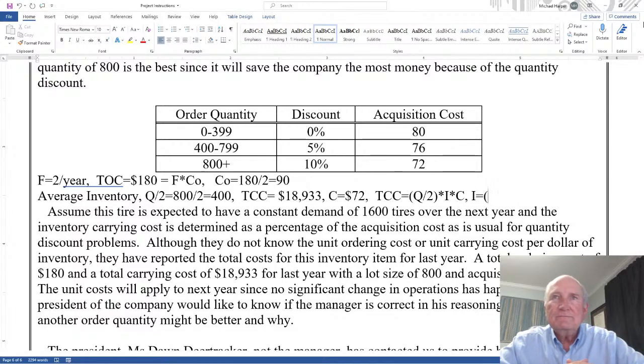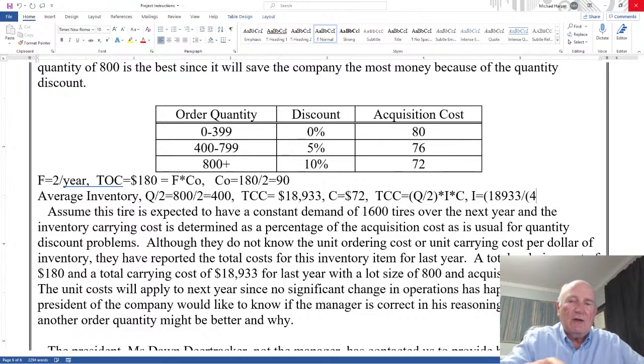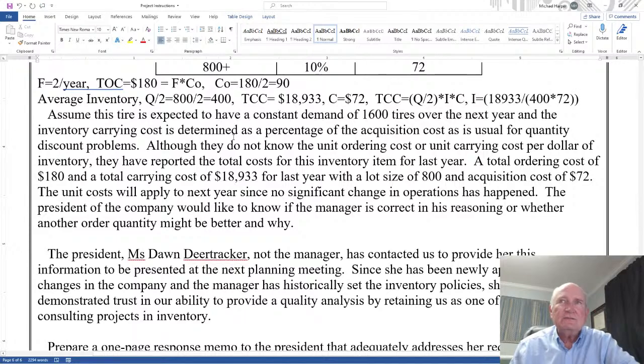And so we can see it there. It's 18,933 divided by 400 times C, which is 72. And whatever that is, you can figure that out. So now you know your carrying cost. So you can pull it out from the information they gave us. Now the unit costs we just calculated will apply to next year since no significant change in operations has happened. The president of the company would like to know if the manager is correct in his reasoning. So